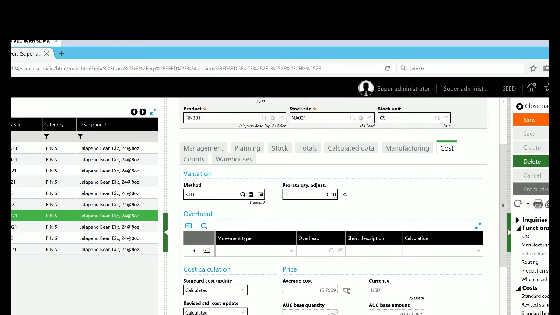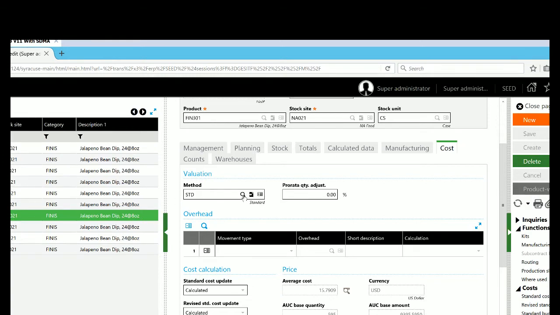And conversely, anytime I have an inventory issue, whether that be in the form of a customer delivery, an issuance of raw materials to a work order, a miscellaneous issue, that particular inventory movement is going to be booked at standard also. Okay. So it's important to note, though, in X3 you have a variety of different inventory valuation methods